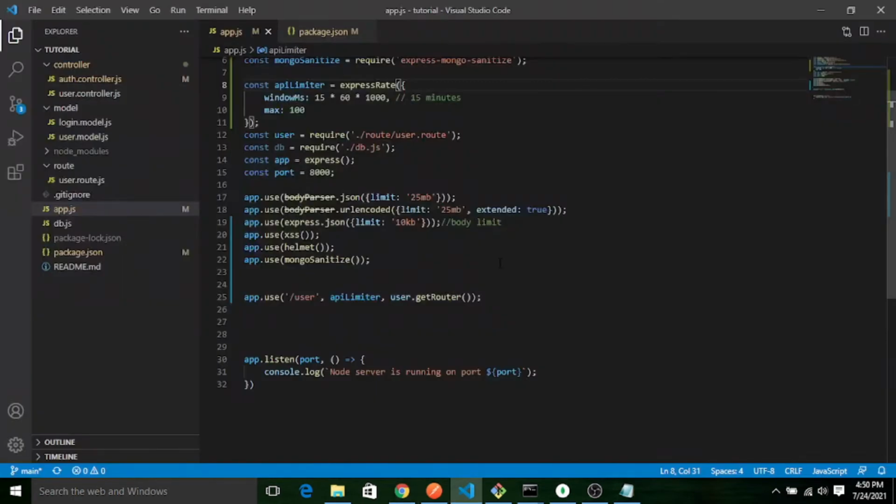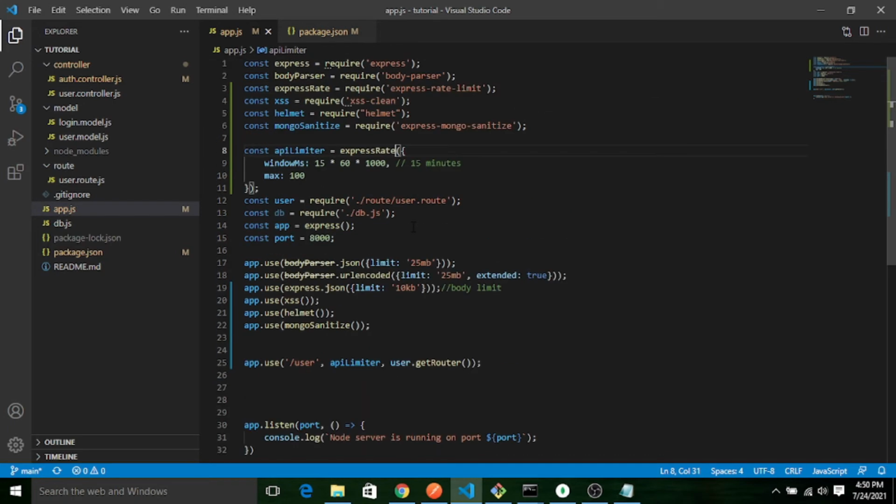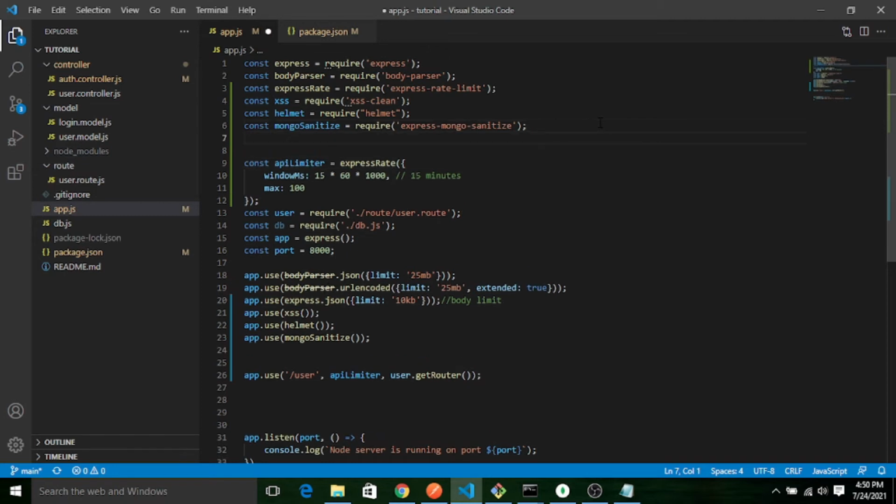So let me go to my code. For that we have a module present in the node library, that is called CORS.